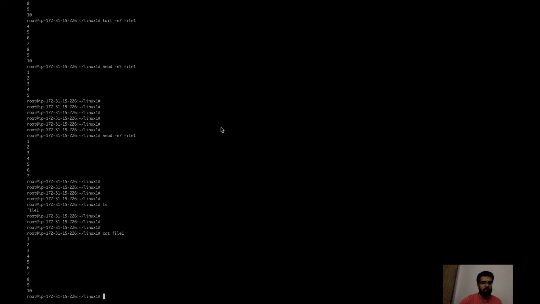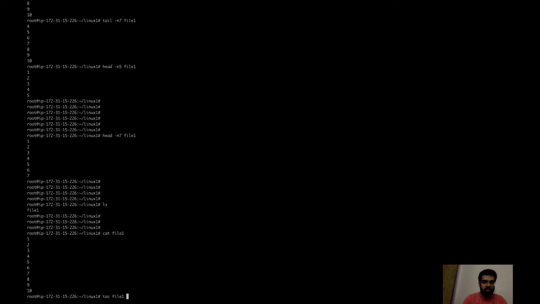So with the help of the cat command, I was talking about the cat command, we can see the contents of a file. The cat command is basically used to print the contents of whatever is inside the file in the original order. Suppose you want to print the contents of a file in reverse order, what will we do? For that purpose we use the tac command. tac and the name of a file.